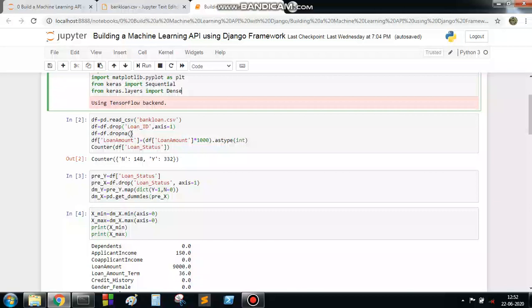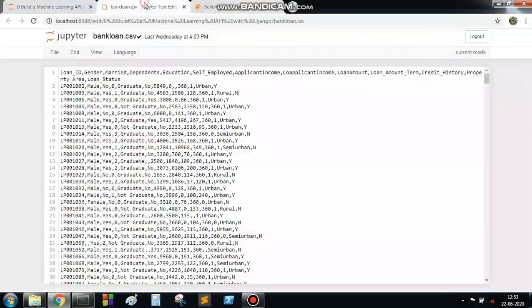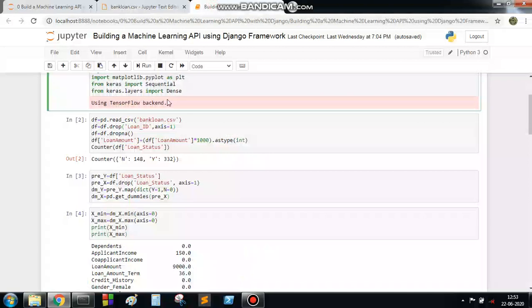Then we are going to remove all the rows which have null values. That means if any element of a row is missing, then we simply delete this row. Then we multiply the loan amount by 1000, because here, look, the loan amount is 66. 66 means it is 66k, that means 66,000. So in order to get the exact value, we simply multiply by 1000.